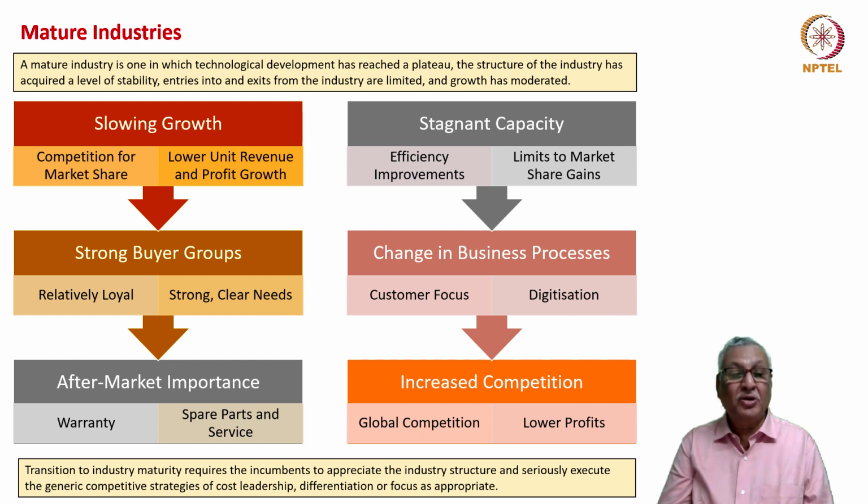There is also great importance of aftermarket. Warranty, spare parts and services are the 3 pillars of aftermarket support. But a mature industry is also characterized by stagnant capacity. We can do efficiency improvements, but there are limits to market share gains. There can be change in business process, but customer focus and digitization are the only 2 avenues available for changing the business process. There would be increased competition, and that competition could come from global competition, which will lower the